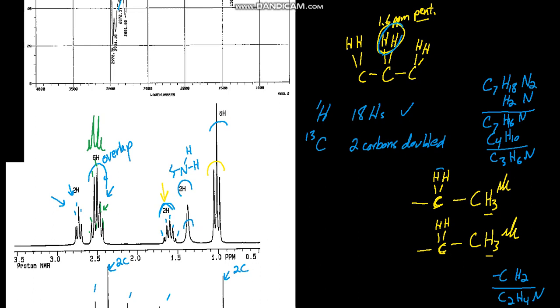Yeah, so the question is why, well, first, determine that these are equivalent, and they are because they appear in the same signal as integrating for 2 hydrogens. So that proves the equivalence. Once you know that they're equivalent, then you know that it begins with a 2 hydrogen signal. For that to be split into a pentet requires that there's 4 other hydrogens around on neighboring carbons, resulting in 4 additional